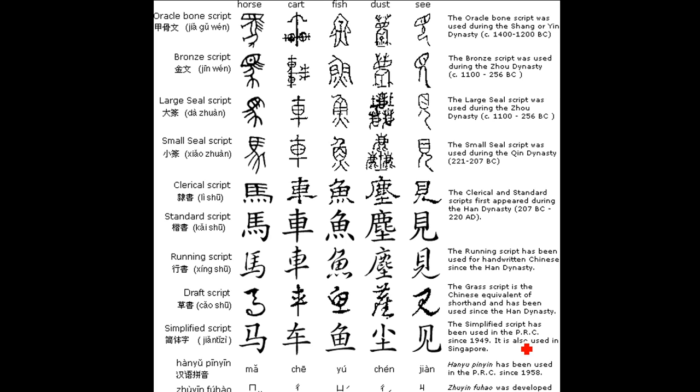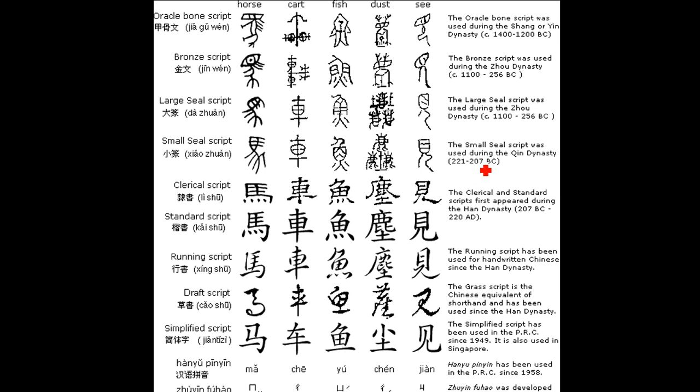Let's review the evolution of the Chinese radicals. 甲骨文 Oracle bone script is used from 1400 to 1200 BC. Bronze script 金文 is used from 1100 to 256 BC. Large seal script is used in the Zhou dynasty from 1100 to 256 BC. Small seal script 小篆 is used in the Qin dynasty from